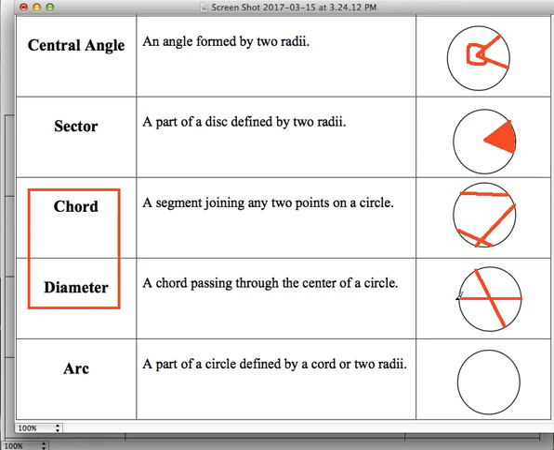Because you'll see one of the formulas we use a lot when we're dealing with arcs has to do with that angle that's formed between the two radii, which once again you'll remember is called the central angle. So the angle that's formed by the two radii is going to be very closely connected with the length of the arc. You'll see that formula when we get to it. All right, now if you flip over the page,